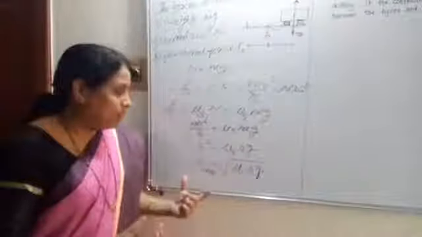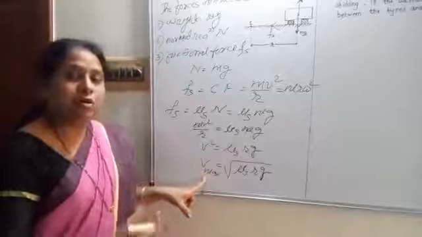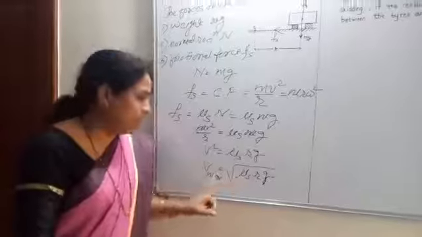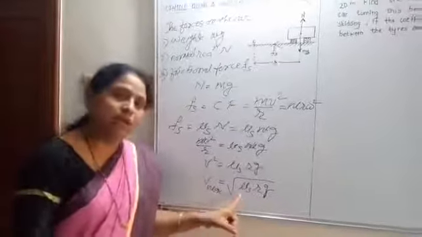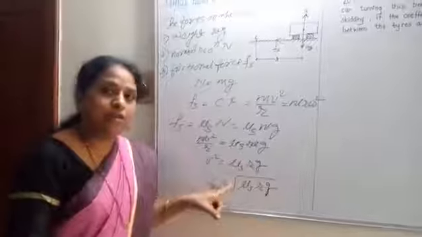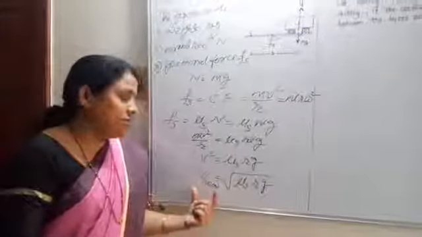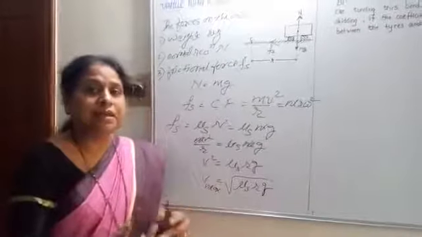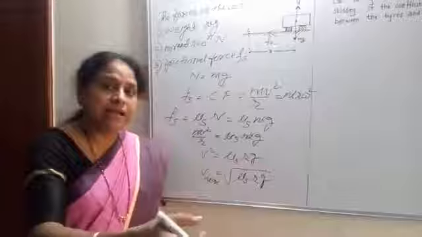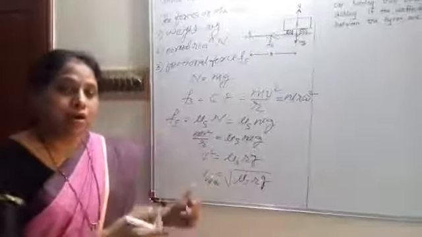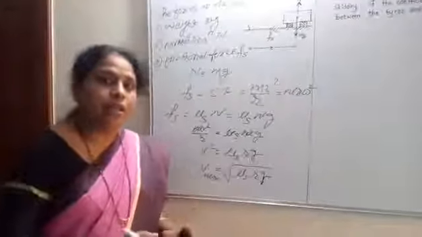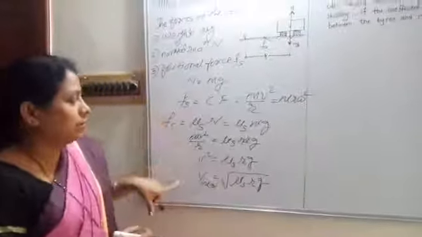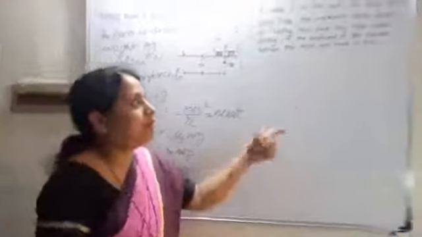That's why for a particular road the maximum velocity for all vehicles will be the same, because there is no m. m is the mass of the vehicle, and when we calculate the maximum velocity for any vehicle, it is independent of mass. So the maximum velocity along a particular curved road will be the same for light as well as heavy vehicles. Whether a bicycle, car or truck passes on that road, all have to maintain the same speed. Now on this topic I am going to explain one problem.